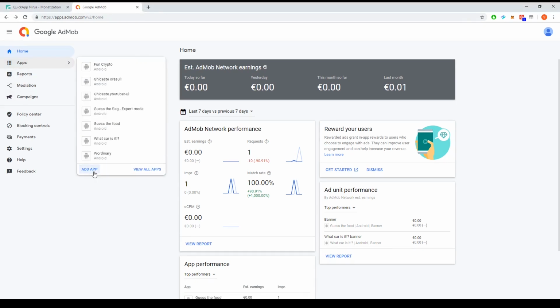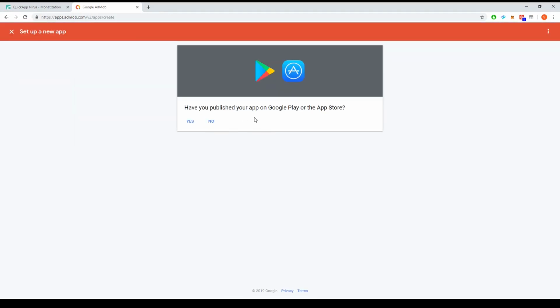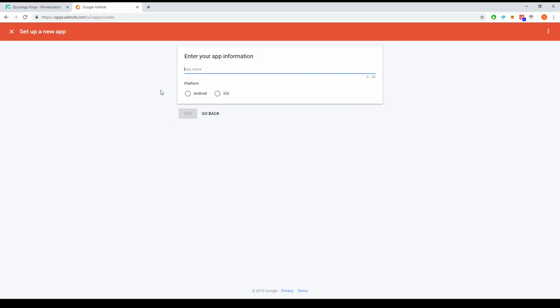Click on apps, add app. Now, because our app is not published on Google Play Store, we are going to press no. We are going to select the platform, which is Android, because QuickApp Ninja allows you to create games only for Android devices. We are going to write down the game's name. It doesn't matter if it's exactly the same or not, but if you have multiple apps with in-game ads, it will be easier to find which one is which. So I'm going to write down a name, press add,